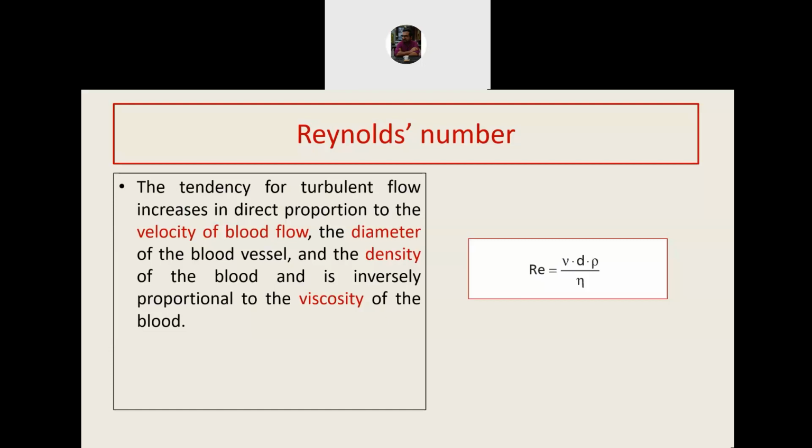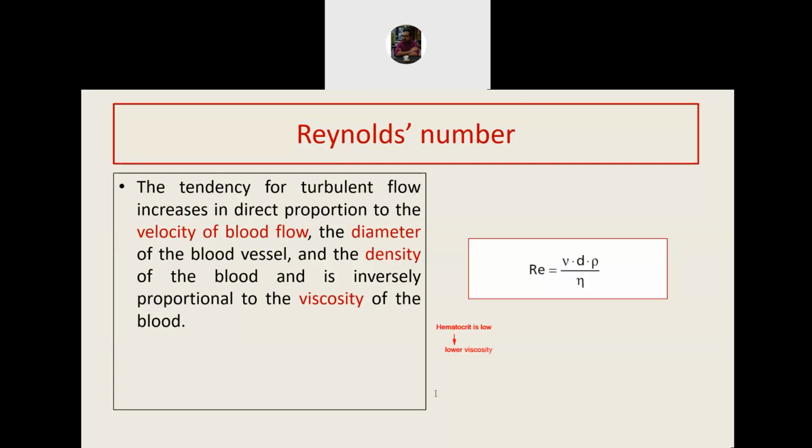Now, this can be applied to various clinical conditions for understanding. For example, I had set a question on anemia. Now, let us see how that is influencing the Reynolds number. In anemia, the RBC count is low, so hematocrit is low. Hematocrit is the most important determining factor for viscosity of blood. A low hematocrit translates into a low value of eta, that is lower viscosity. As eta decreases, Reynolds number increases.